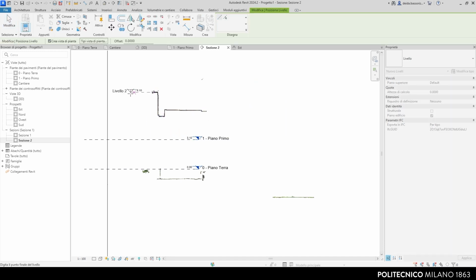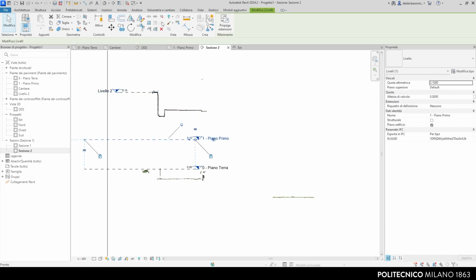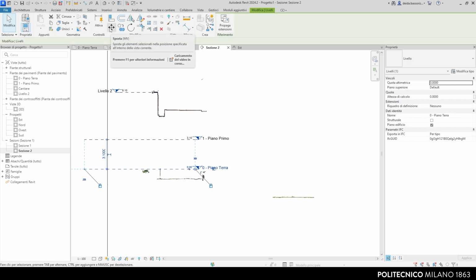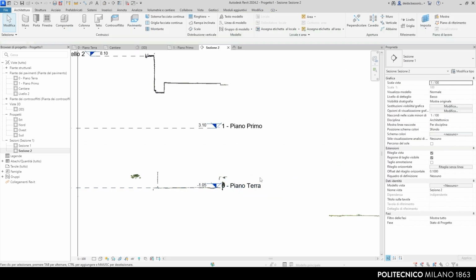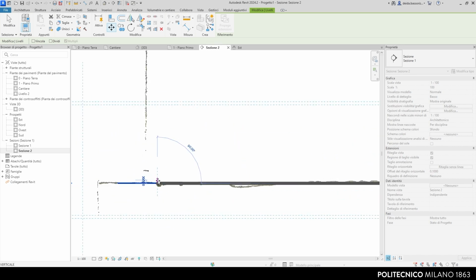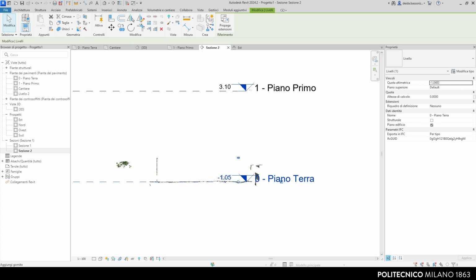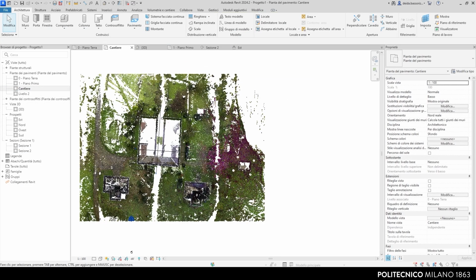It is possible to use the Level tool from the toolbar and define the elevation and name of the desired level. In this case, it is also recommended to lock both the levels and the modeled elements using the lock command. Once the tracing of the reference grid and altitude levels is completed, we can proceed with the next phase of the modeling process. This integrated work approach with the point cloud allows for greater accuracy in the modeling process, minimizing errors and discrepancies between the model and the existing work being surveyed.